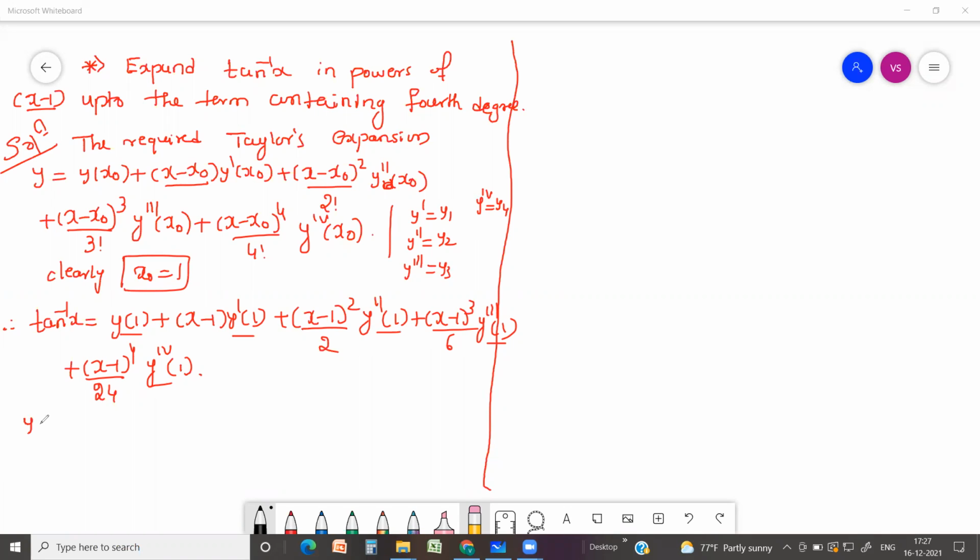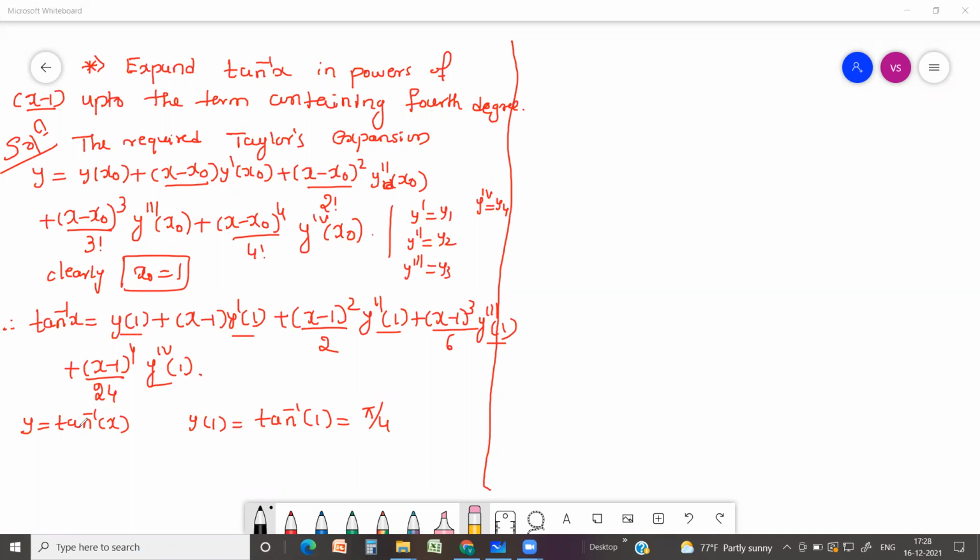So y equal to tan inverse of x we have. Therefore y of 1, what happens? It is tan inverse of 1. So I hope most of you studied trigonometry without fail. So everyone can easily tell tan inverse of 1 value is pi by 4. Therefore tan inverse of 1 is pi by 4. Those who are not able to remember, you can use your scientific calculator and easily find out this tan inverse of 1. Make sure that the calculator is in radian mode.